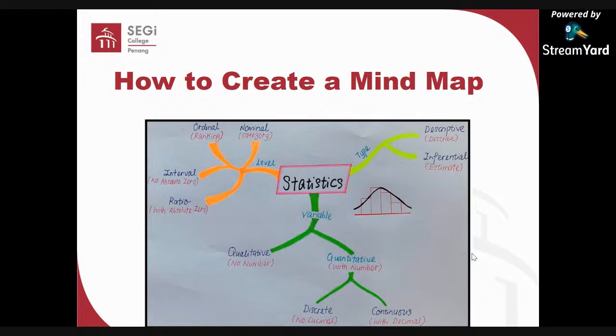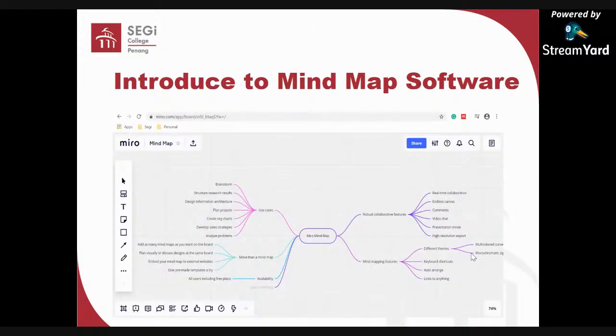Maybe it's not suitable for you for now. Maybe some of you are taking this topic in Bahasa Malaysia. Some of you study your maths using English. Just up to you. From here, you create your mind map, just relevant to your topic. Make sure it works for you. Okay, before I proceed to this software, any questions?